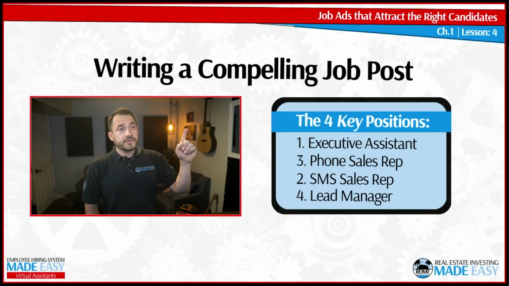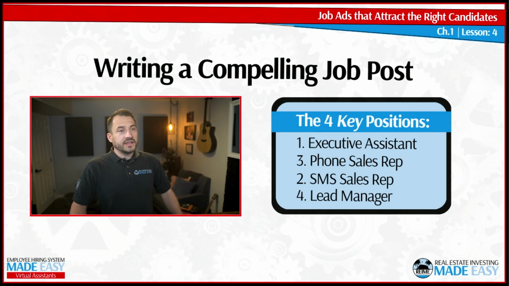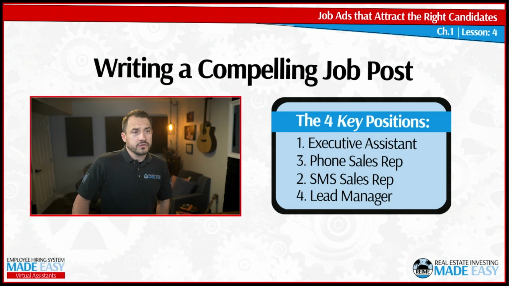Now, when it comes to writing a compelling job ad that attracts the right candidate, this assumes that you've identified who you're going to hire. This system is going to focus on business scale, beginning with the executive assistant, even if it's you to begin with, and these 3 key sales roles. You'll also discover that at the end of this training, we have a 5th key role that we're going to be sharing as well, and we're putting that into a specific bonus training, so you want to stay tuned, because that is a killer role that every business owner, specifically in the real estate industry, has to hire in addition to these to scale their businesses even further.